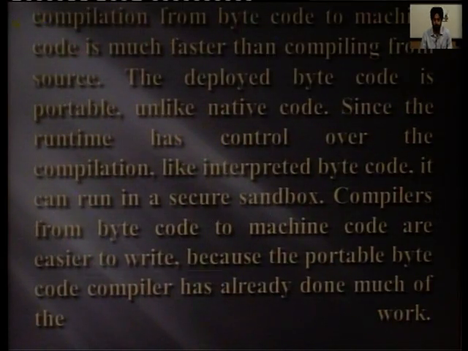So compilation from bytecode to machine code is much faster than compilation from source code. Deployed bytecode is portable, unlike native code. Since the runtime has control over the compilation, like interpreted bytecode, it can run in a secure sandbox. Compilers from bytecode to machine code are easier to write because the portable bytecode compiler has already done much of the work.